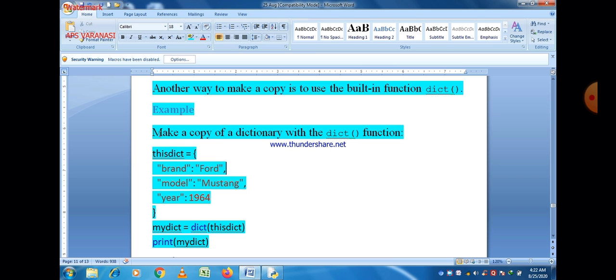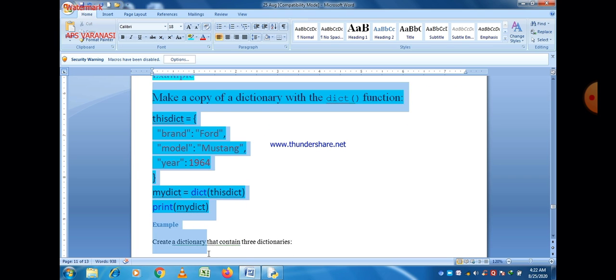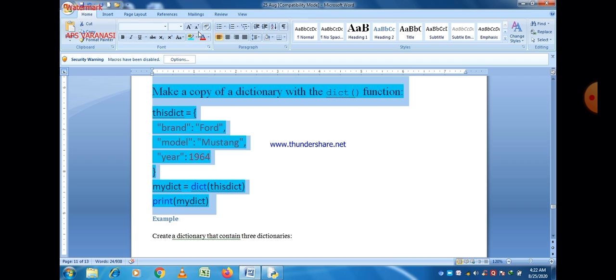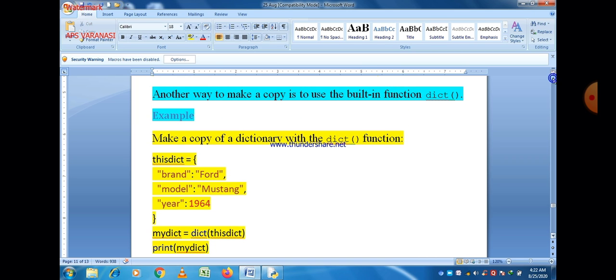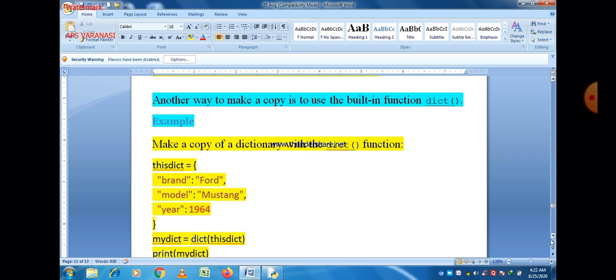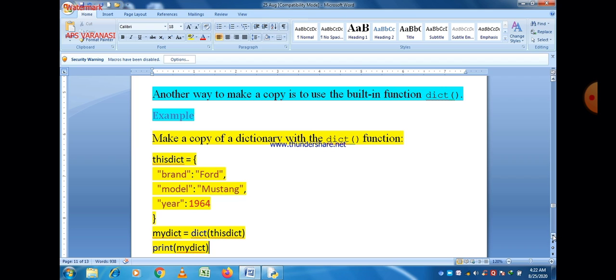When we compare this program to the previous one, we can see that in the second last line here, my dict is equal to dict, and within parentheses we just pass the name of the dictionary which is already created, and that is this dict. So what happens after the execution of that statement?